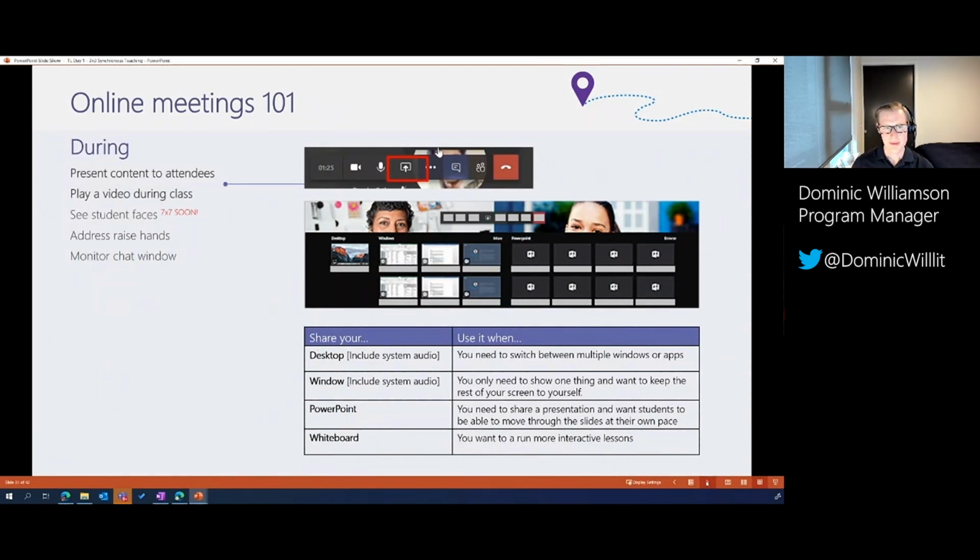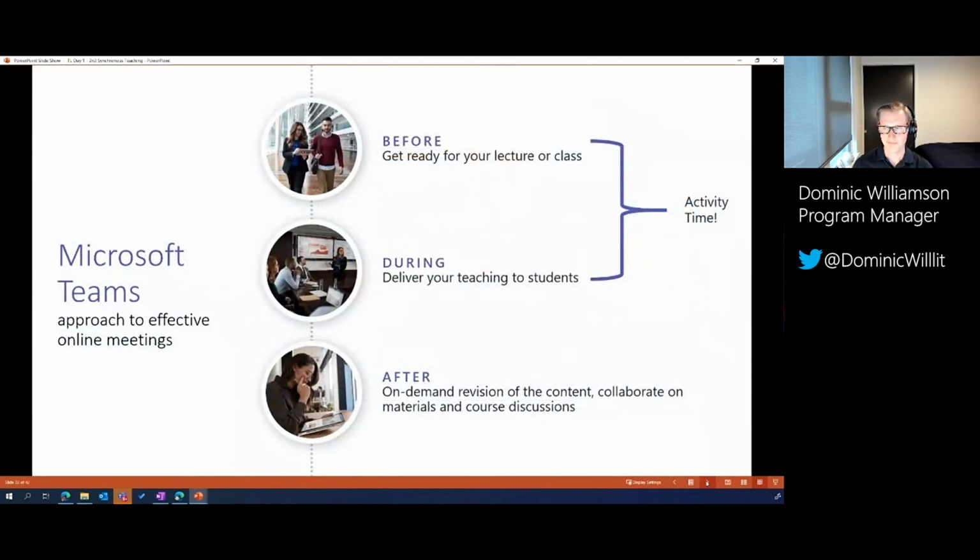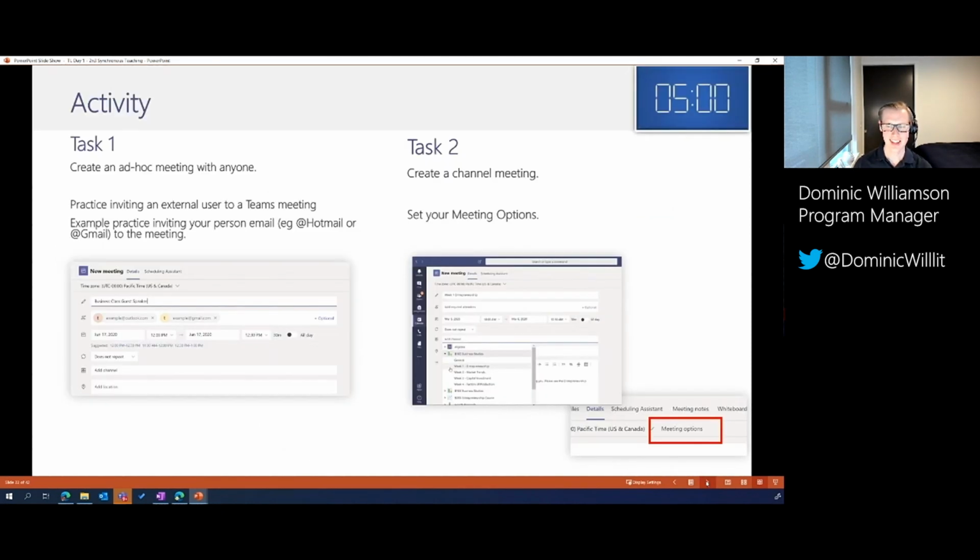All right, so during the meeting, it's activity time. And this is where we have now a chance, because I appreciate I've been sharing a bit of information around how to do these online meetings and how to schedule it. We're going to talk a little bit about preparing before and then during. So you now have 2 tasks, and I'm going to set the timer up here for 5 minutes. And the 2 tasks that I'll be asking you to do is to go back to Teams on your side and to go to the calendar, and from the calendar do 2 things.